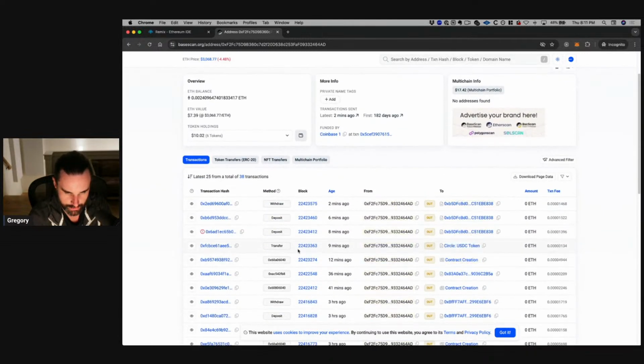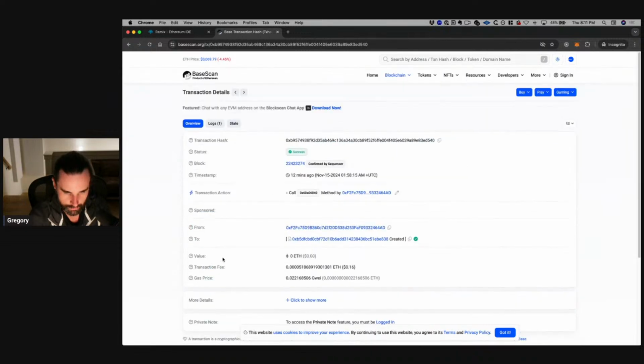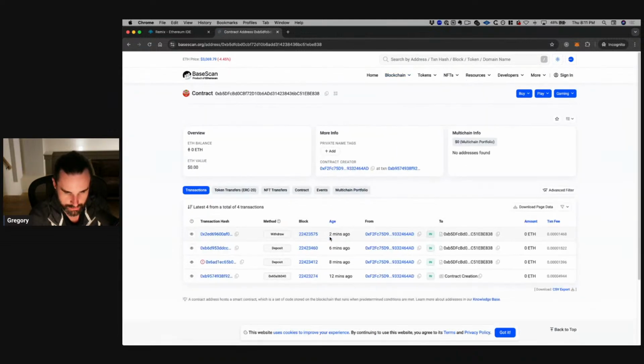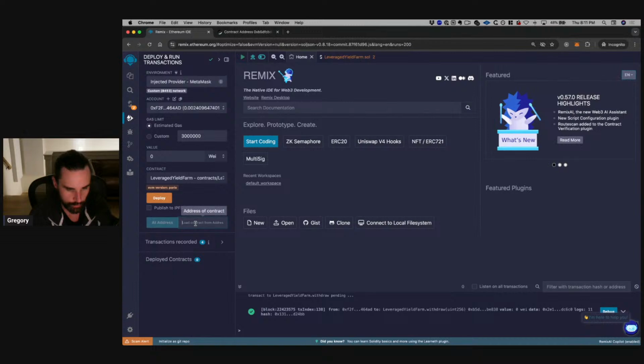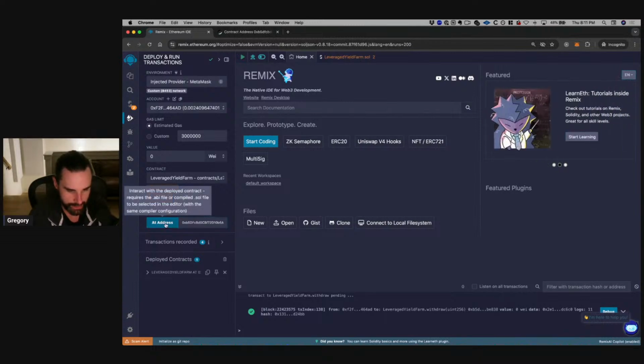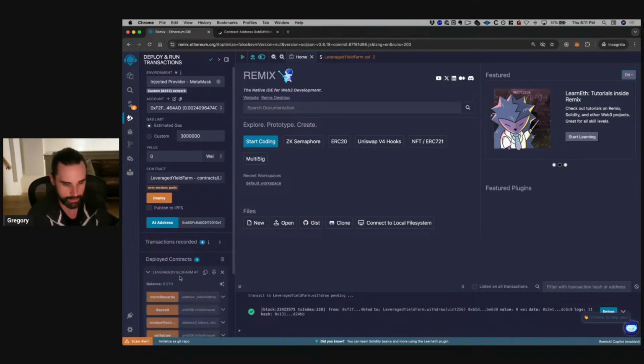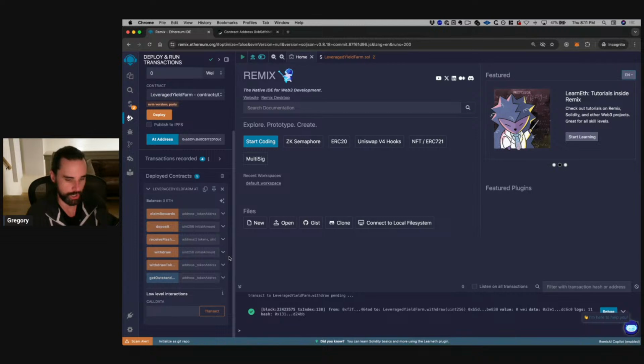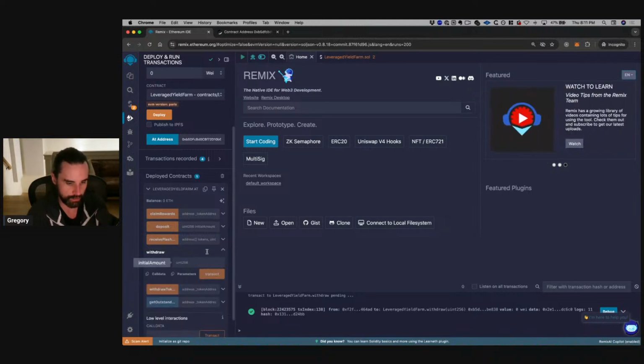Contract creation, you can see that here, and you can find the contract address. That's the one you used. So you can copy that address, go back to Remix, and load that contract here with At Address, and now it's going to appear on your screen. You don't want to redeploy it because that would be a brand new contract without your money in it. So if you go to withdraw later, you click withdraw from this contract address and do exactly what I just showed you.